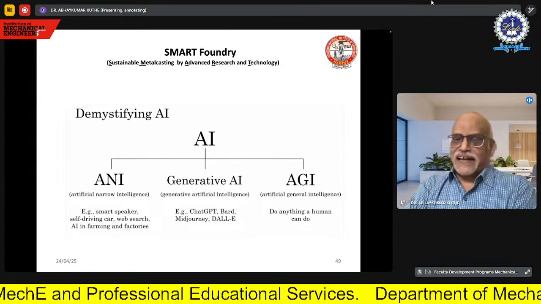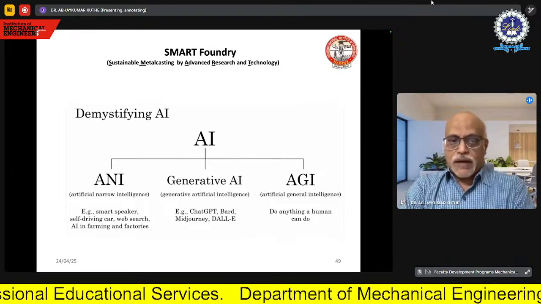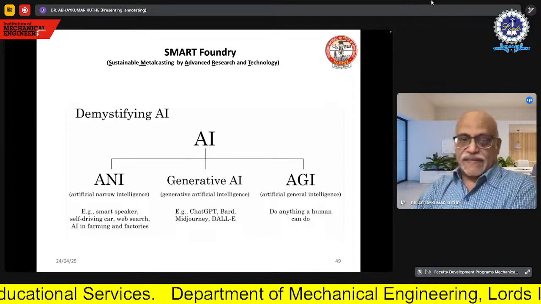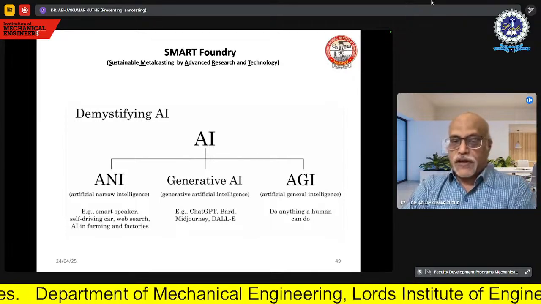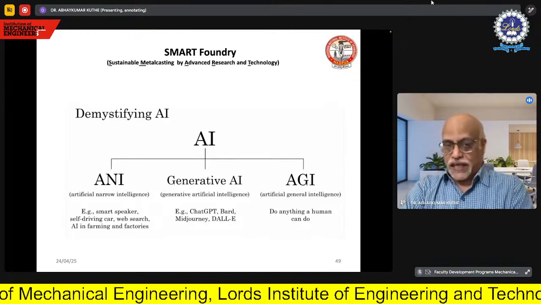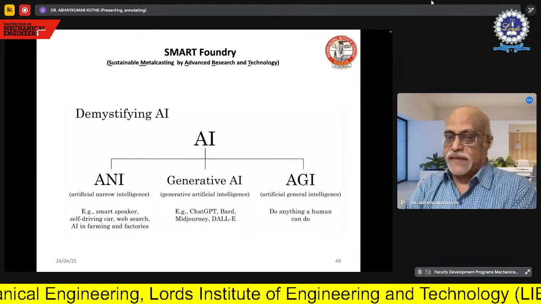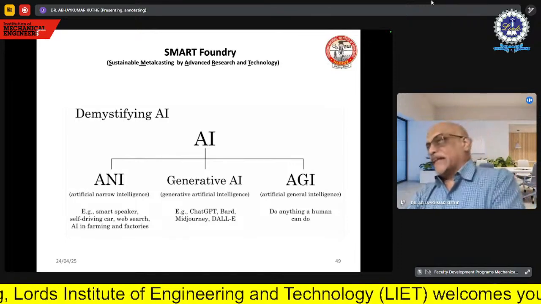So generative artificial intelligence hardly needs an introduction. But artificial narrow intelligence, yes, especially the smart speaker, self-driving car, web search, AI in farming, factories, AI in any applications of engineering, that's what we generally call narrow intelligence. And artificial general intelligence, that will do anything a human can.